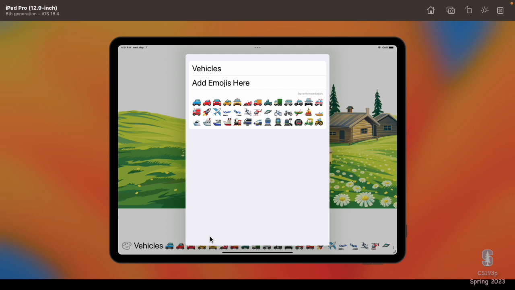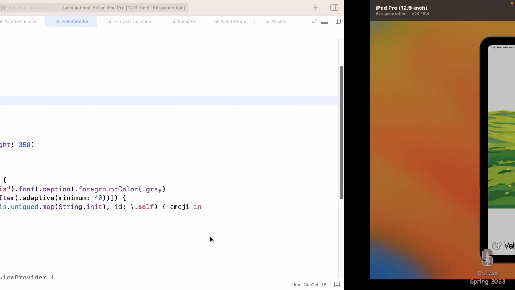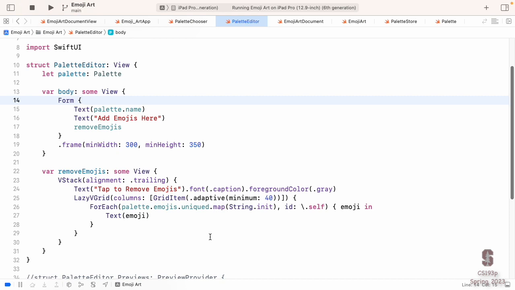It organized it nicely, put some lines in between, put the little gray background on it, etc. So you can see why you're going to use Form anytime you have to do something like this. Get some information from the user, toggled information or text or whatever, you're going to do something using a Form. Form is really powerful and really important. You can see forms all the time. And we can do more with the form. The form has a lot of features in it. You're going to have to read its documentation. I'm not going to cover them all today. I've got so much to cover today.